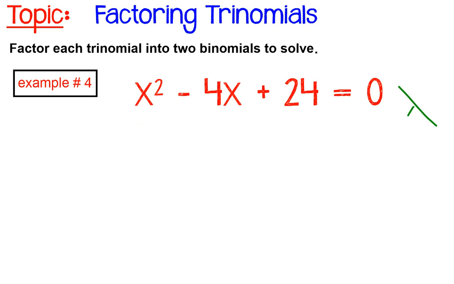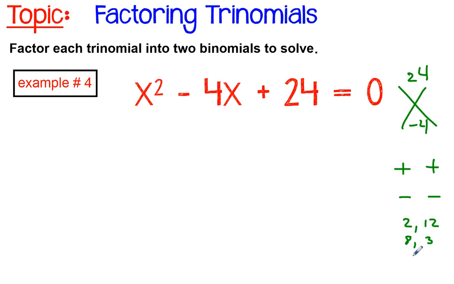Set up your diamond pattern. Now be careful. Watch your sign. That's a -4 here. I need something that makes a positive 24. So I either need two positive numbers or two negative numbers. And it looks like I have 2 and 12,